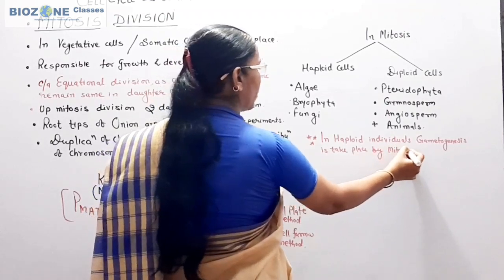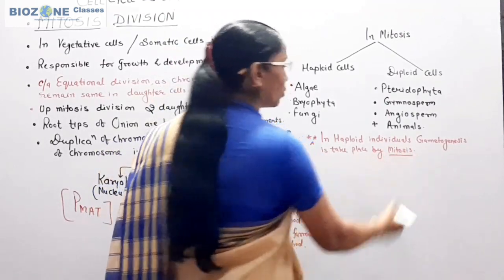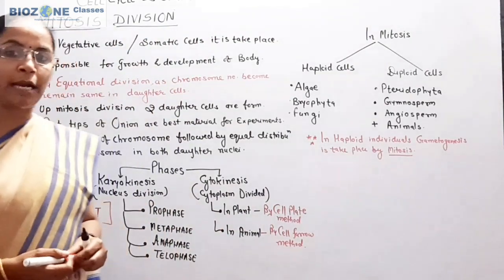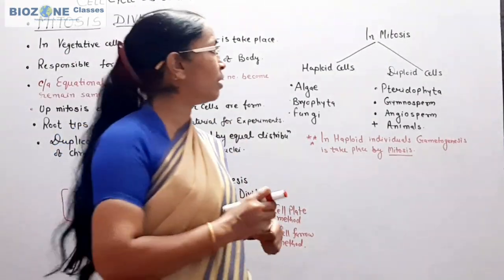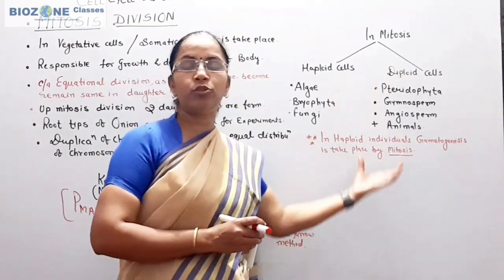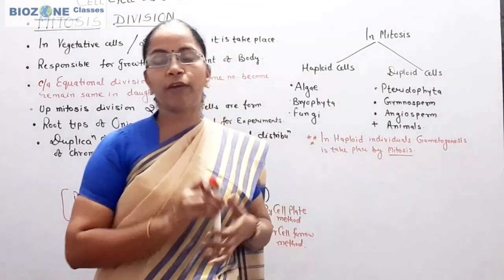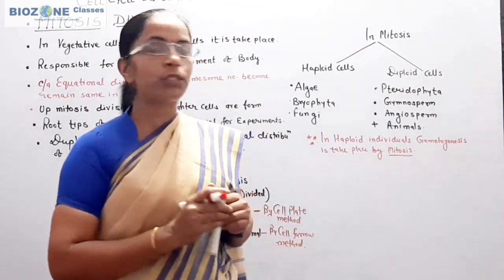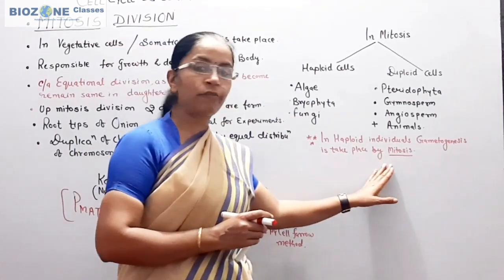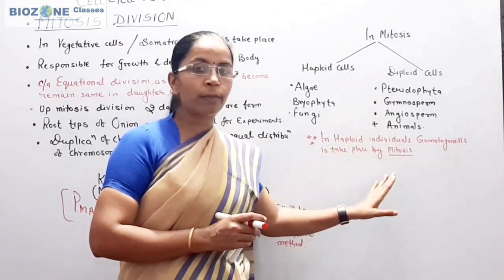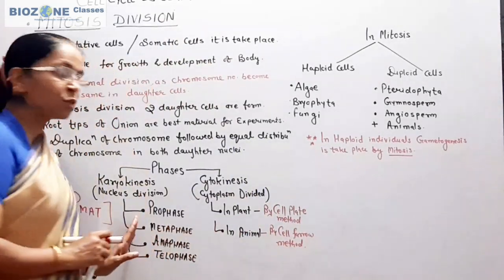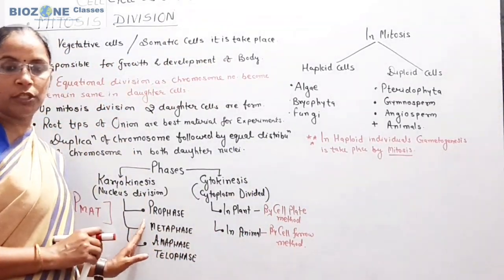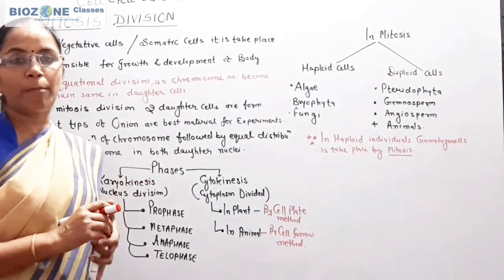Because we discuss here mitosis, we are only talking about gametogenesis and mitosis. जब हम meiosis discuss करेंगे, at that time we will see how the diploid individuals play a significant role in gametogenesis by the meiosis division. ठीक है, so this much you remember. Now we first study the various phases of mitosis division, that is, what the important features are.